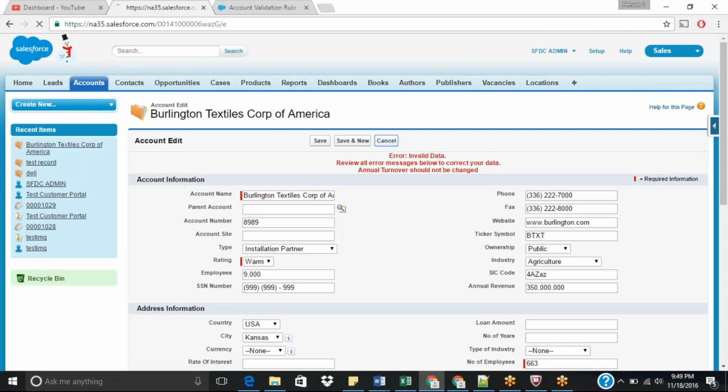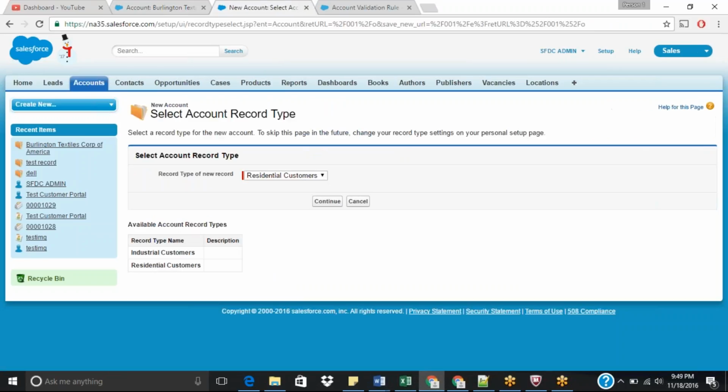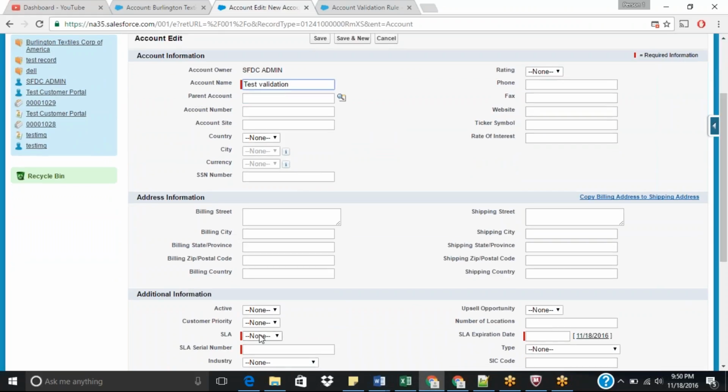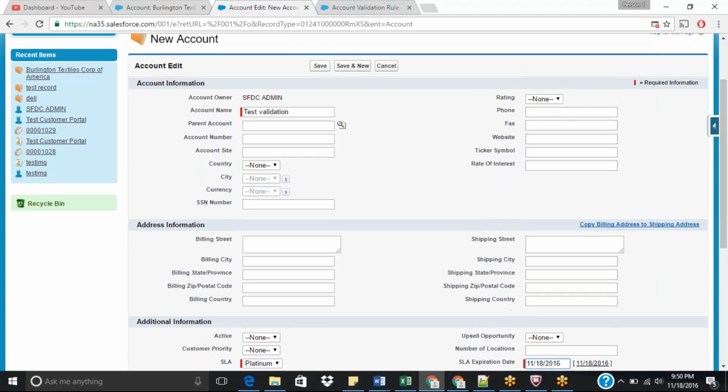Right. So what it means is you have to take a fresh account, and while creating the record itself, we have to give some information. So when you are working, you should get as many errors as you can. Errors make us learn more, right? So if you are not getting errors, then